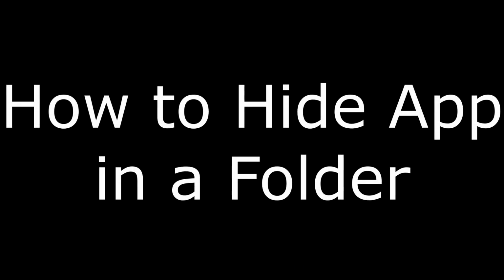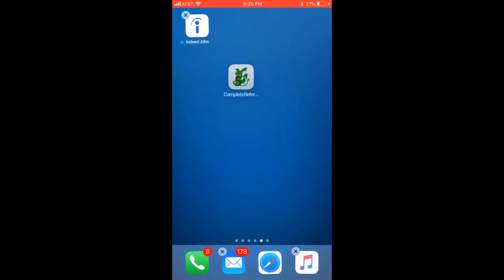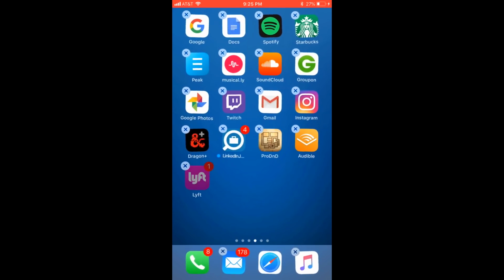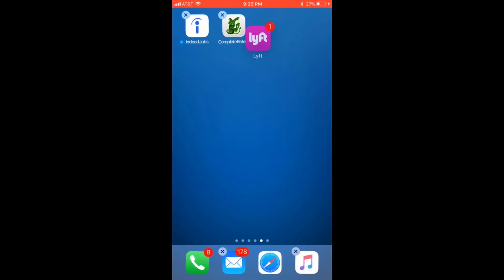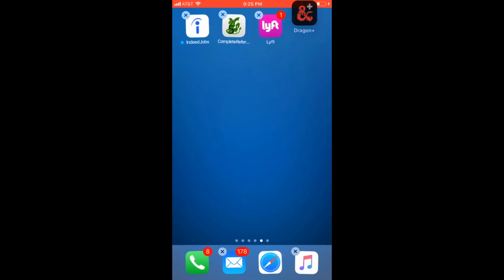However, if you still want to take further precautions, you can create a folder on that page, load it with filler apps, and then move the app you want to hide on a page by itself in the folder. Let's walk through the steps to do that. Step 1. Download some apps you don't plan on actually using to take up space in the folder. I'd recommend downloading roughly 20 apps that are smaller in size, which will let you put the app you want to hide on the 3rd or 4th page in the folder.